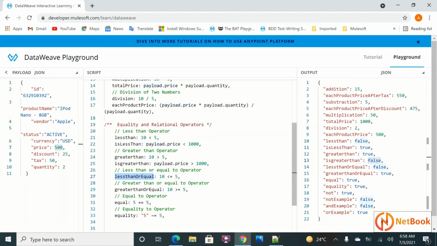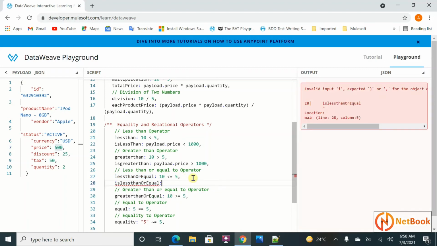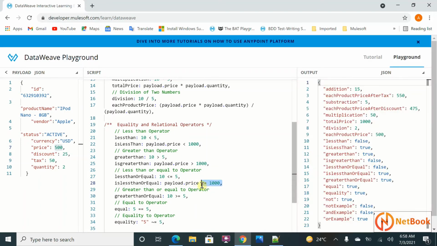Less than or equals. Put over here is less than or equals, payload dot price is less than or equals to 1000. Is that true? Yes, it is true because it is less than 1000. Even though it's not equal to, it is less than.